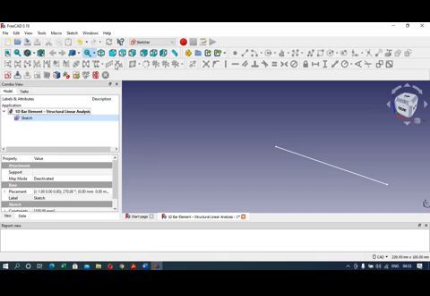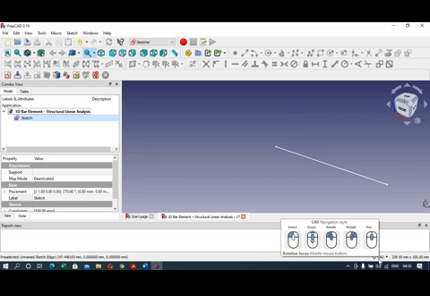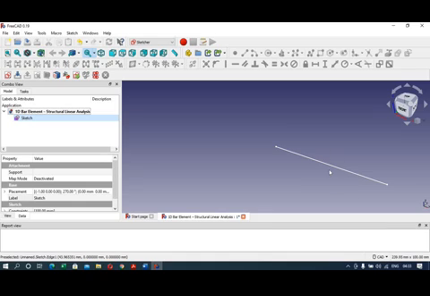So make sure that if you want to move this line or bar to the center of the screen, the CAD option is there at the bottom of the screen. Okay. So the navigation style is CAD. So here you can click the middle button of your mouse, click on the line and drag it to the center of the screen. Okay.